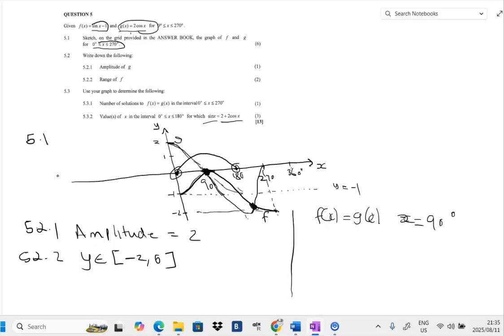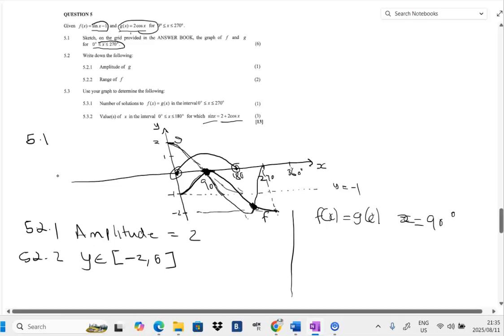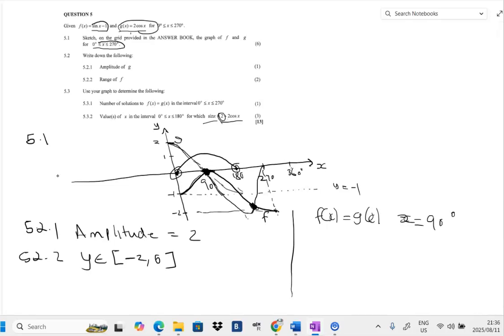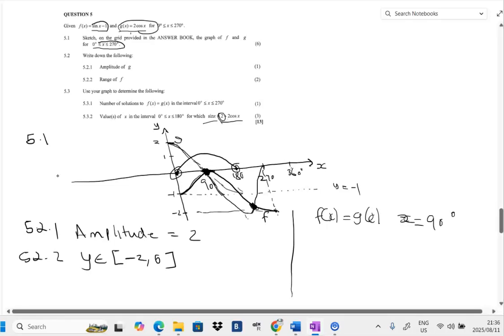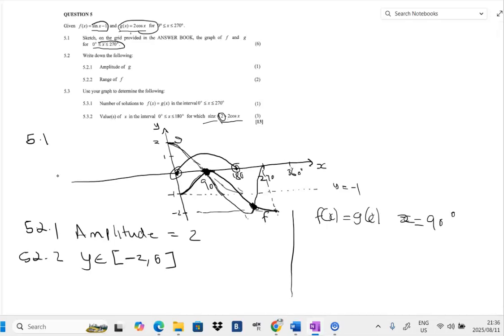This is sine of x up to 180. Then cosine, 2 cosine shifted 2 units up. It is going to look like this. So now we're going to have a new shift here,